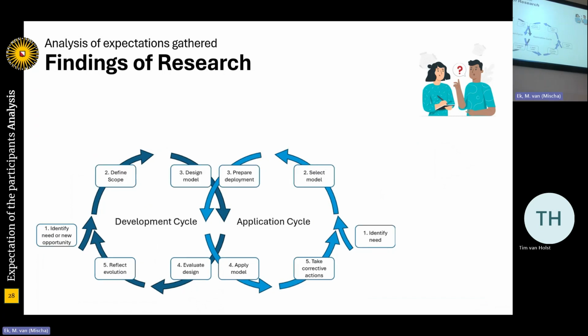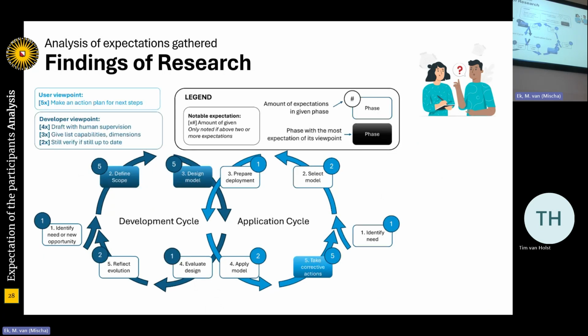These specific expectations are at least also within the cycle. I only showed the top highlights, as you can see at the top left. Make an action plan was suggested 5 times, make a draft 4 times, make a list of capabilities 3 times, give a suggestion that was up to date 2 times. But the suggestions of make an assessment plan, communicate which maturity model is better, or select the maturity model that's right for what the organization needs from the existing maturity models, that was all collected. I could have researched that further, but that is still too far outside of my scope, otherwise it would bring too much into my research.